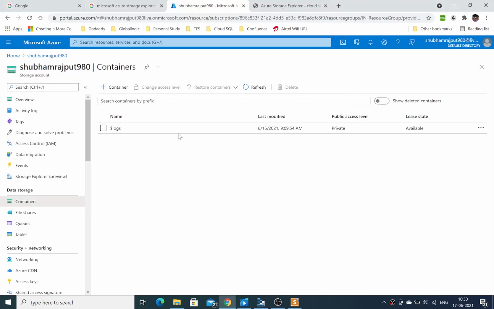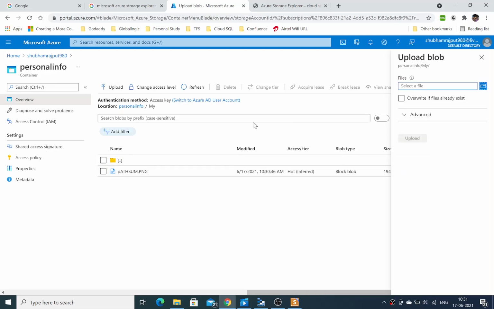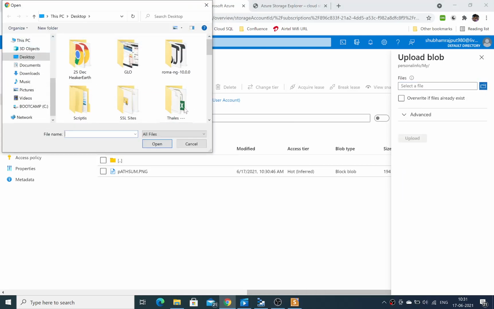If you come over here and refresh your Azure portal, the container will automatically be shown over here. The container's public access level is private, because this is my personal information, and you can see the folder is over here, and over here you can see the file. So these two things are automatically synced up. If I delete a file, or suppose I upload another file from the portal, this will show up in the